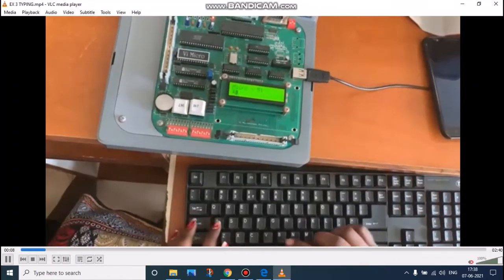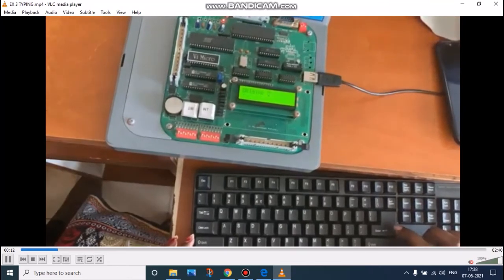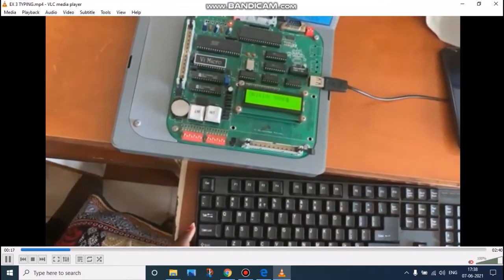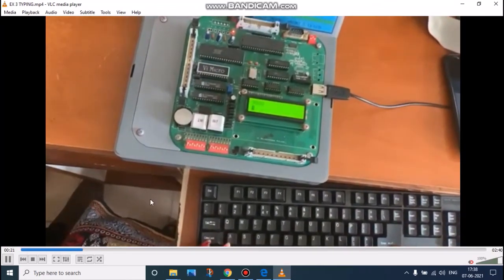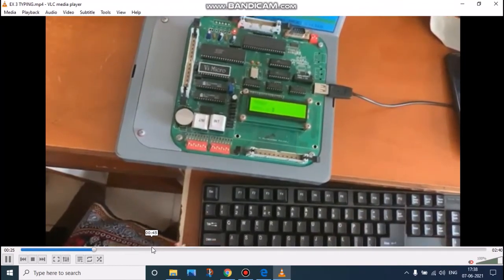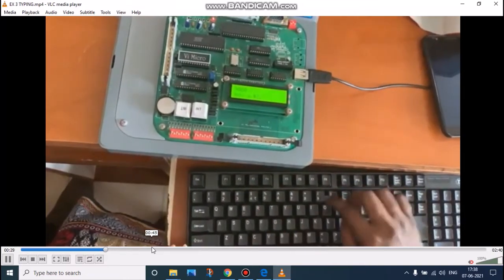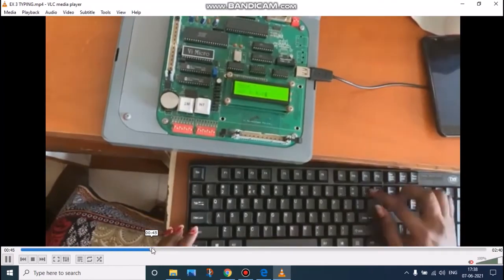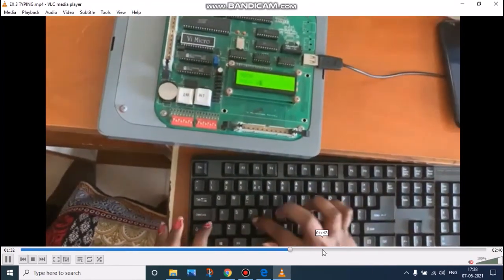We can see the typing of the microcontroller kit. We have to start by typing A, and in origin we have to give the address. Whatever address we want we can give, and we have to type the program here. We have to type the program and give enter, then it will generate the opcode. Another enter means we can move to the next line. This is the way we have to type the program.